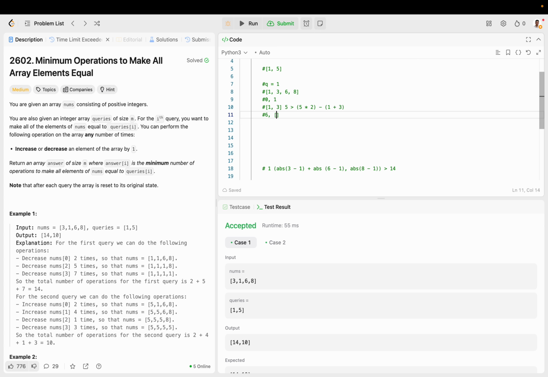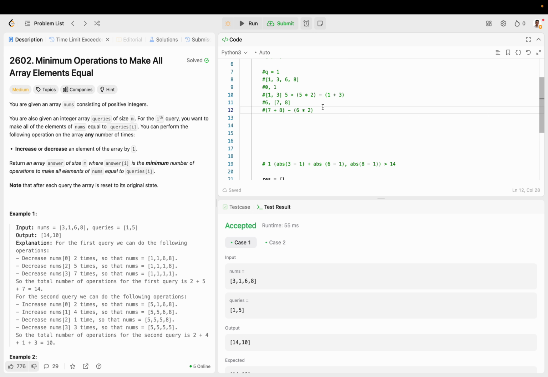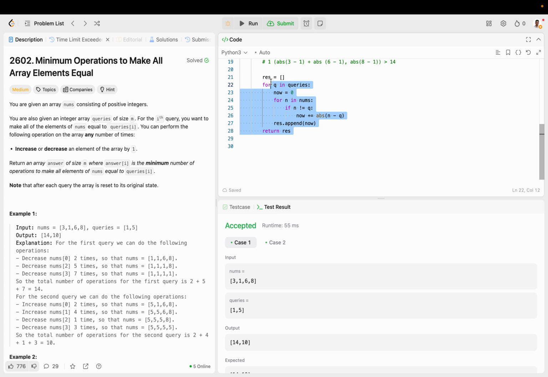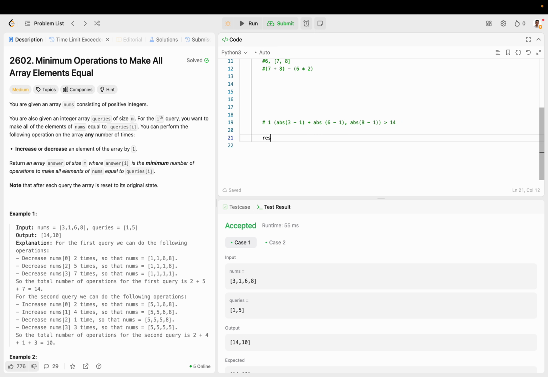If you have 6 and you have 7 and 8, then you're just going to do 7 plus 8 minus 6 times 2. And because you know this is going to be bigger than this, because it's not possible because the length is 2, right? That's why we're doing 2. And then if you add those together, then that gives you the sum of the absolute differences of all the elements that are not including the current one. So I'll show you in more detail what this means, but essentially what we have to do is